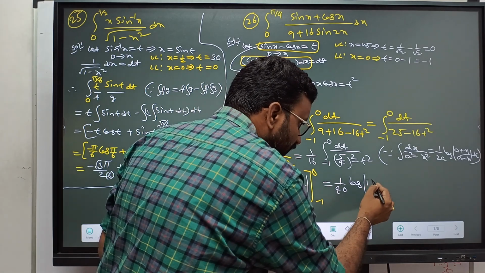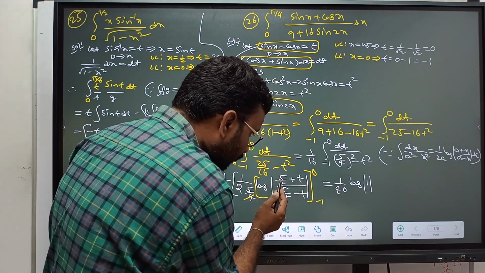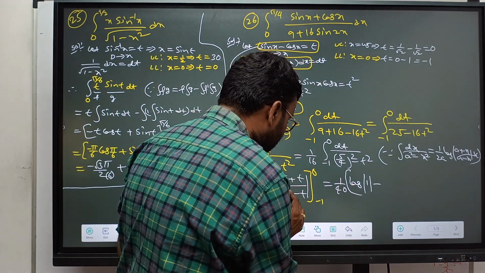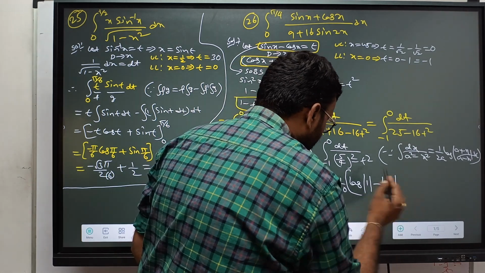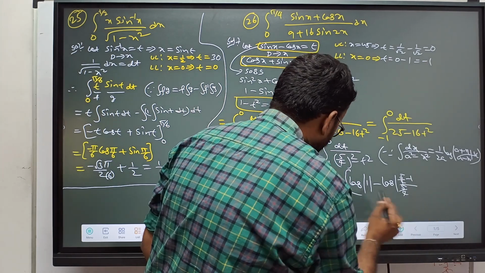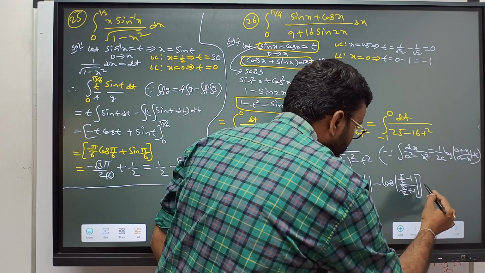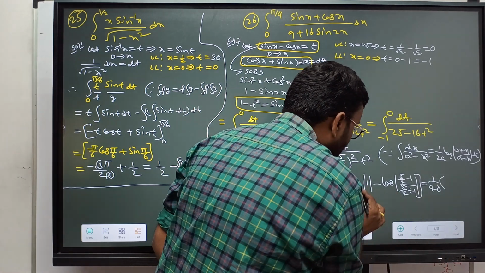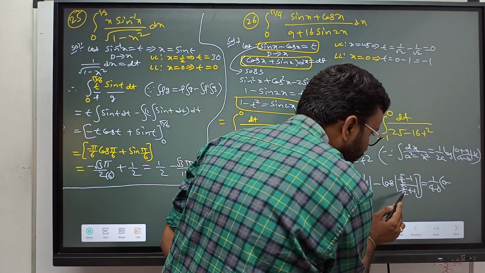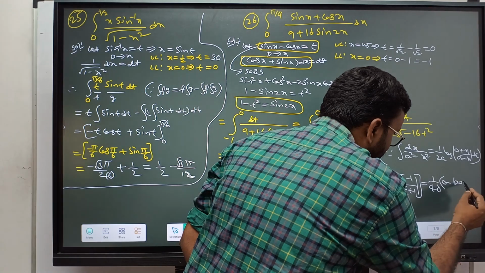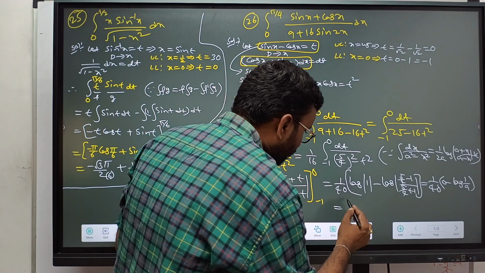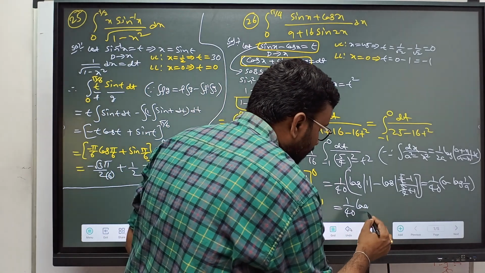it will become upper limit 1. If you write 0, 5 by 4 by 5 by 4 gets cancelled, so log 1 is left, upper limit minus lower limit. If you write minus 1, log of (5 by 4 minus 1) by (5 by 4 plus 1), minus into minus plus 1. Any doubt? Which is equal to 1 by 40 [log 1 is 0 minus], here if you do LCM, 5 minus 4 which is 1, 5 plus 4 which is 9, so log 1 by 9, denominator 4 gets cancelled,